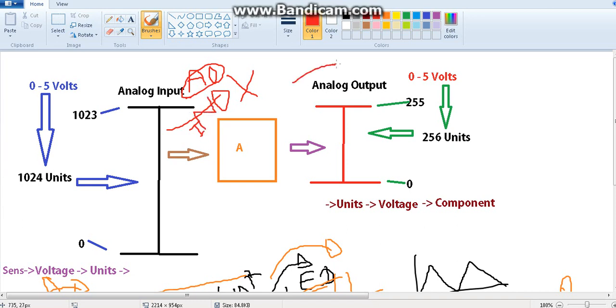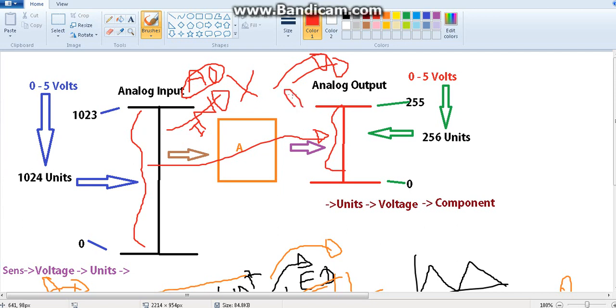But when it comes to analog output, we have to convert this 0 to 1023 range to a 0 to 255 range. So we have to do a small conversion, and then give the output. You understand, guys? Then it will make sense. The range conversion we have to do, because obviously there's a range difference. The input value will be converted from this range to this range, then only it will make sense.